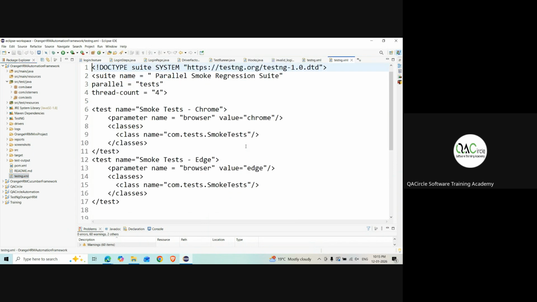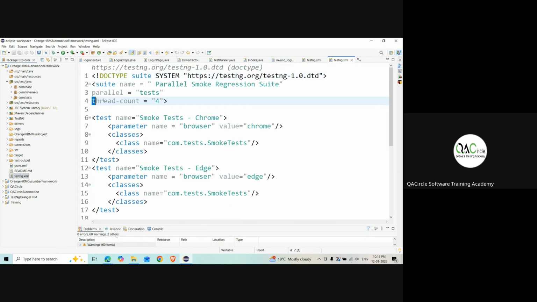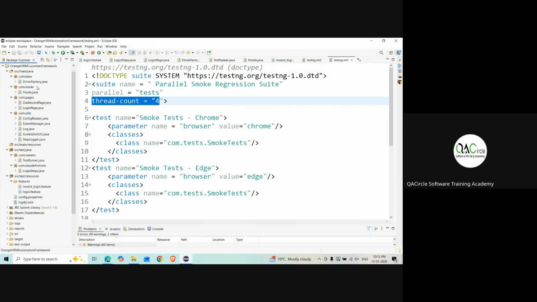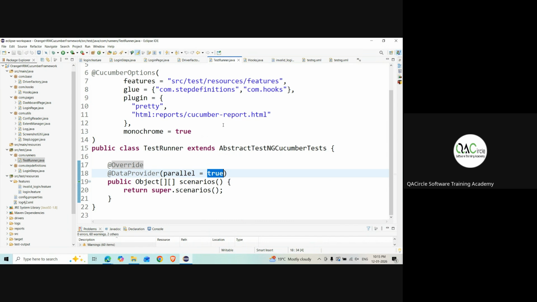Okay, let's wait for a second. See, here we have added a thread count, and we have defined the threads here. Similarly, we have also given the thread count. If you want to enhance the framework, of course, we can easily enhance it. If you go to testrunner.java, we have not defined the threads here. We have only defined a data provider running parallel equal true, meaning one scenario at a time, just to make sure we can run properly. If we give it as false,